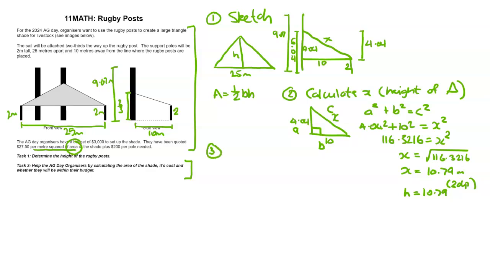And again, I'm going to communicate what I'm doing. Area of shade. So the area is equal to 1/2 times base times height. So I'm going to go 1/2 times 25, which is the base of my triangle up the top there. And then times the height, that's the number I just calculated, 10.75. I'm going to plug all of this into my calculator, and I get